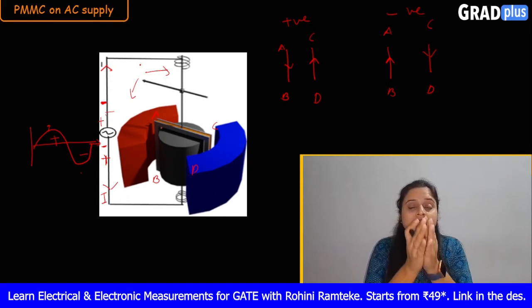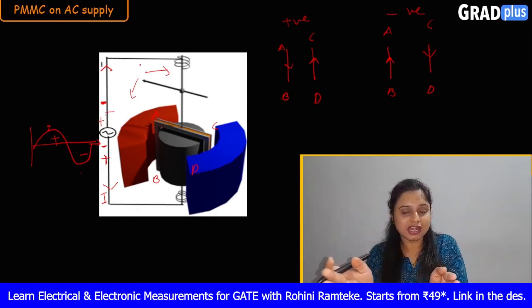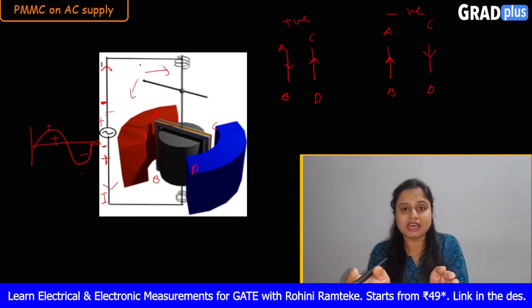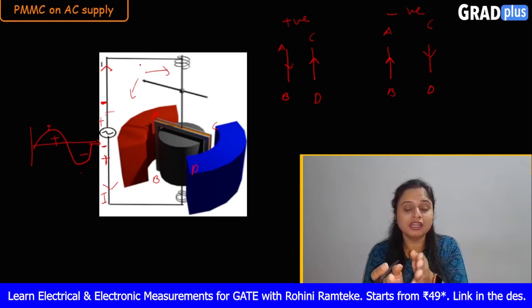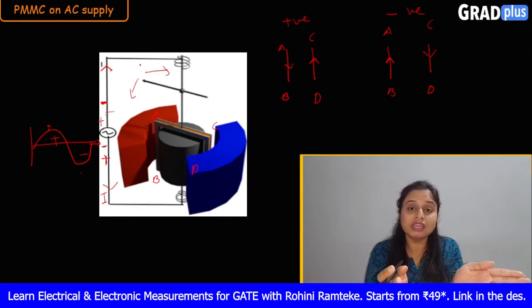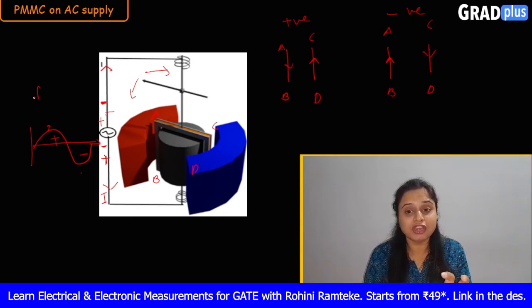That means when the pointer is going, let us say, in clockwise direction, before showing some deflection, before showing some value, the another half cycle will appear which will drive that pointer to go in the opposite direction. This is happening continuously, because here positive and negative half cycles will appear continuously. We have seen, or you know, that the frequency for the AC supply is 50 Hertz.